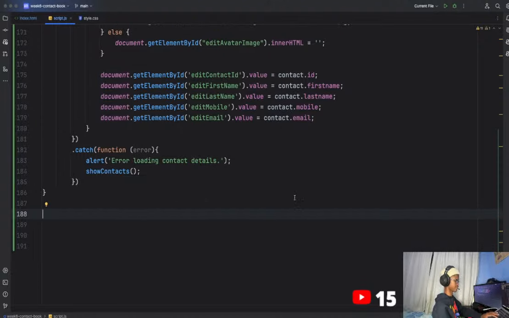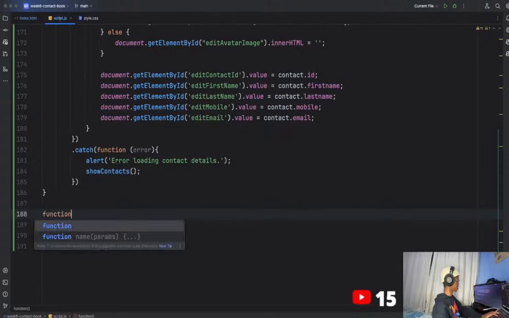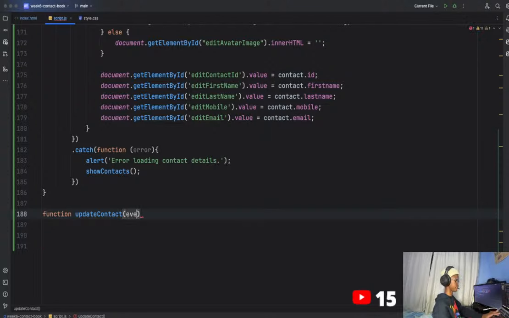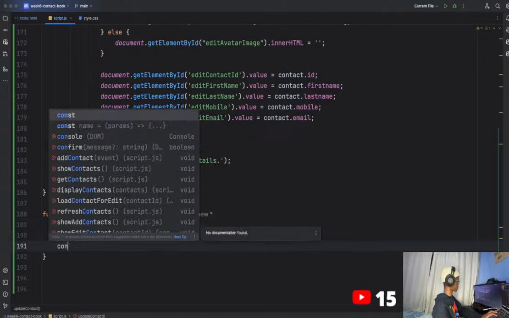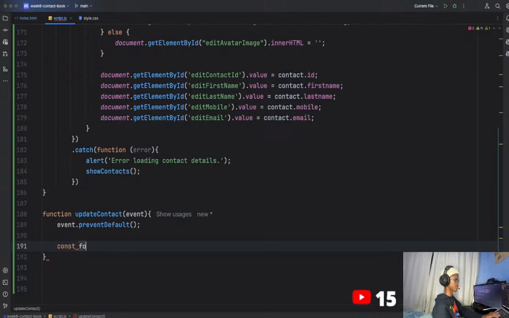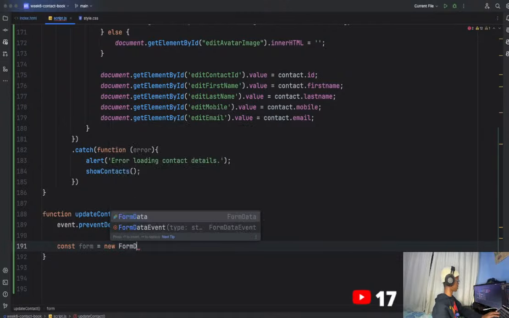So we can have a function now. This function will be called updateContact, and it will take in event. Then we just want to say event.preventDefault(). Then the first one we'll have is a const for form, so we just get the form, and then it will be equal to new FormData,